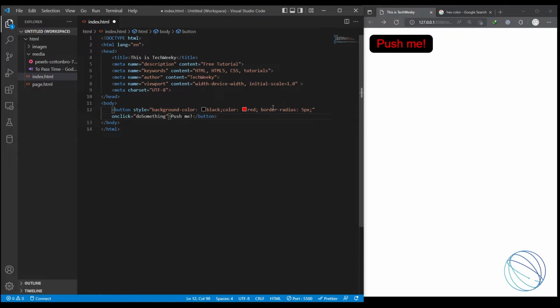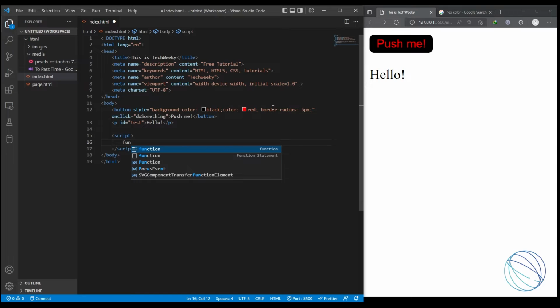Okay, and now we need to type another text that we want to change, p paragraph, and in the paragraph we use id, test, and hello. Now we are going to type a script, JavaScript here,